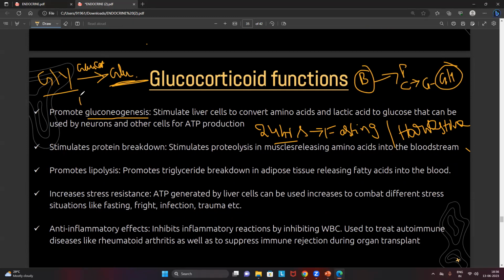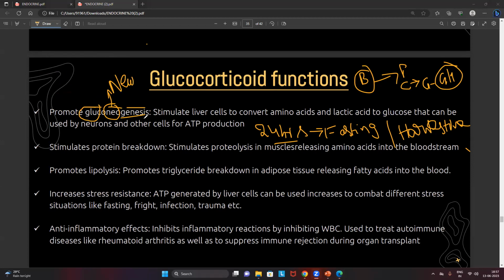I have to break down the protein. I have to break down the lipid. I have to break down the lactic acid. Now you tell me, friends, are the protein, lactic acid, as well as the lipids, carbohydrates? No, they are not carbohydrates. So now listen, what is the definition? Gluconeogenesis. Genesis, production. Glucose. Neo means new. Production of the glucose other than the carbohydrates. Very good. What I'm trying to explain to you: production of the glucose other than the carbohydrate, that is called